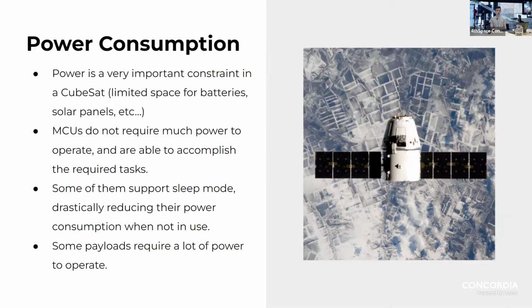So you're not able to get as much power as you would on a larger satellite or by just connecting your computer to a wall socket. There's some components that have something called sleep mode, which allows you, when you're not using your microcontroller, to drastically reduce the amount of power consumption. So that helps you in the long term save your power for when you need it.